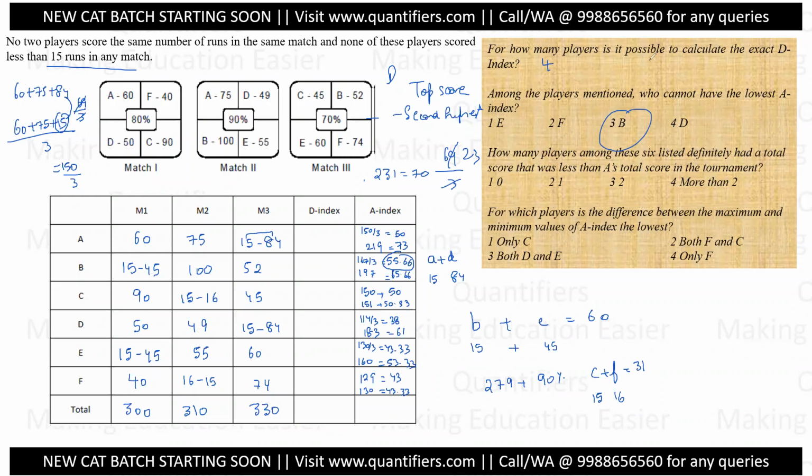And you can directly pick it up from the total also. अगर आपने एवरेज ना निकाली होती तो आप उसको टोटल से भी डायरेक्टली पिक कर सकते थे कि बी का लोएस्ट टोटल जो कि 167 है वो इनके मैक्सिमम टोटल से भी ज्यादा है, तो मैं वहां से भी डायरेक्टली रिजल्ट पिक कर सकता हूं. ऑलराइट.